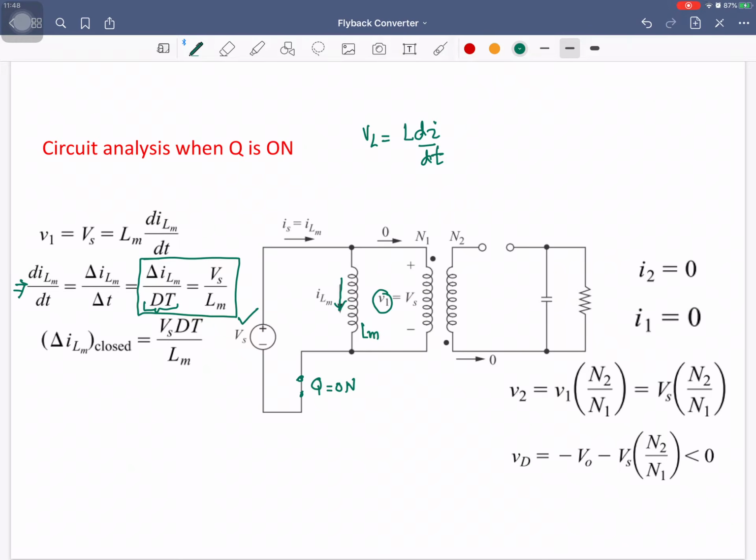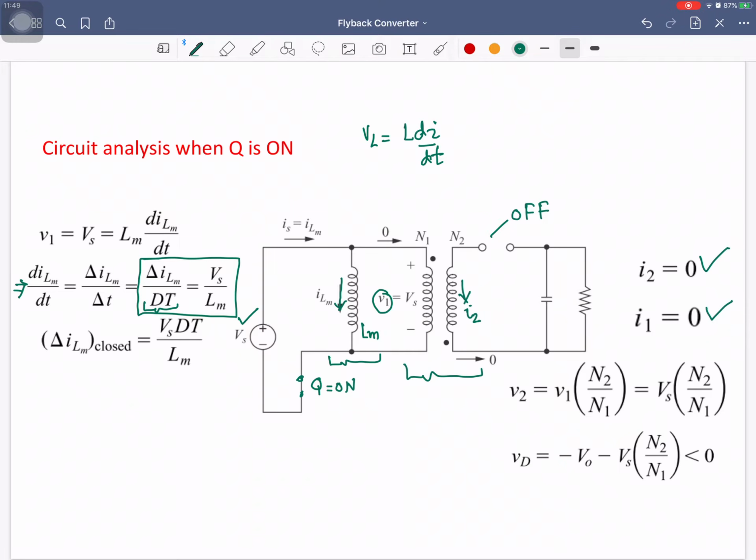So this is the analysis of the primary side of this transformer. Now let's look at the secondary side of the transformer. So what is the current in the secondary winding? The current over here, I2, is 0 because our diode is in the off state. So it is open circuit, so our current is 0. And what about the current in the primary winding because of this? Because this is the ideal transformer, I1 is also 0. The whole current is assumed to be passing through the magnetization branch.